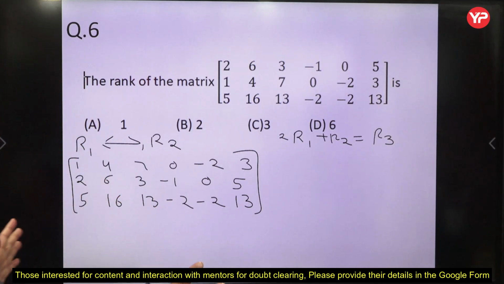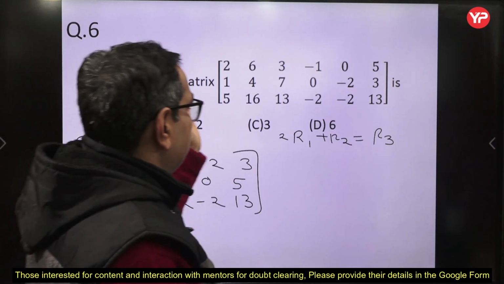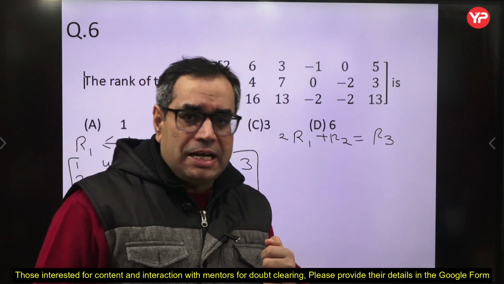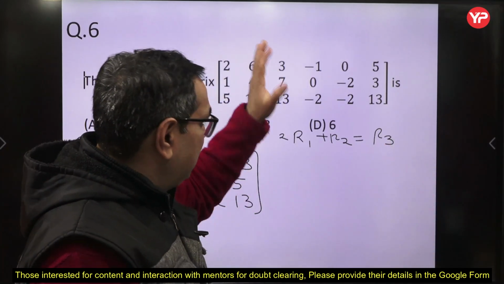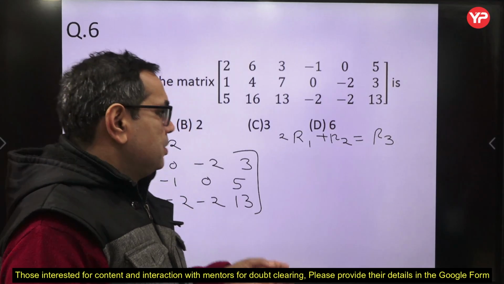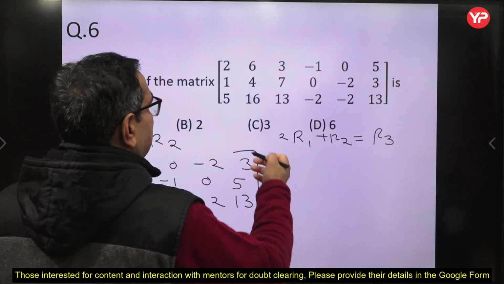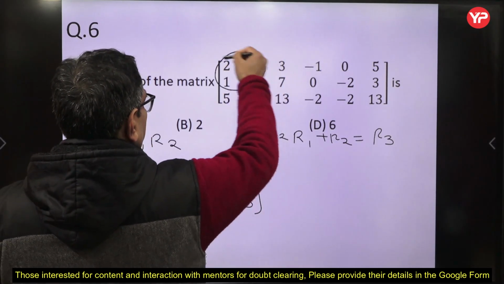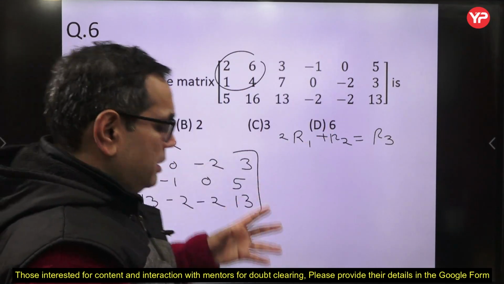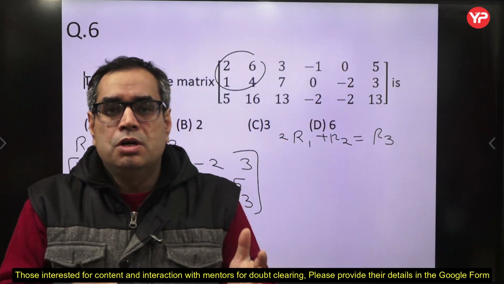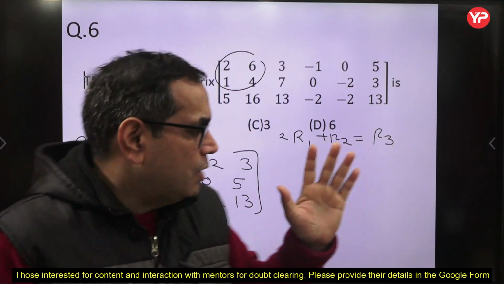So all the determinants of 3 by 3 size will be 0, because in all the 3 by 3 determinants this combination will be present. So it means rank cannot be 3 now. Without computing directly I have observed here, so rank is less than 3. Now if we calculate a 2 by 2 determinant here, we can see that 8 minus 6 is not equal to 0. So there is a determinant of highest order 2 which is having non-zero value. So rank of this matrix is 2. So answer will be 2.